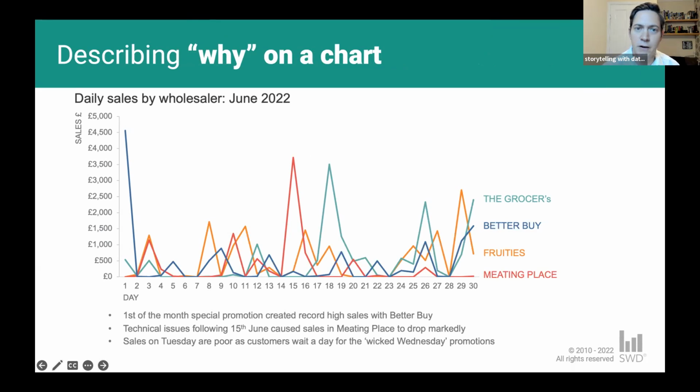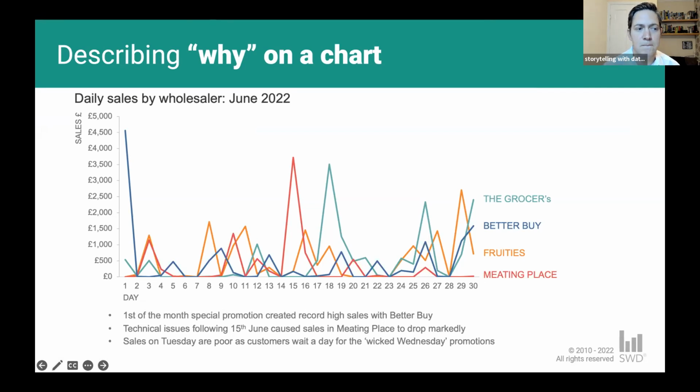I can see the first of the month. I can see, yes, there is a big spike, £4,500. And I can follow that line all the way across to the legend or the label, Better Buy. It took a little bit of time to do that. So to do that for the other two as well, you're adding quite a lot of time for our audience